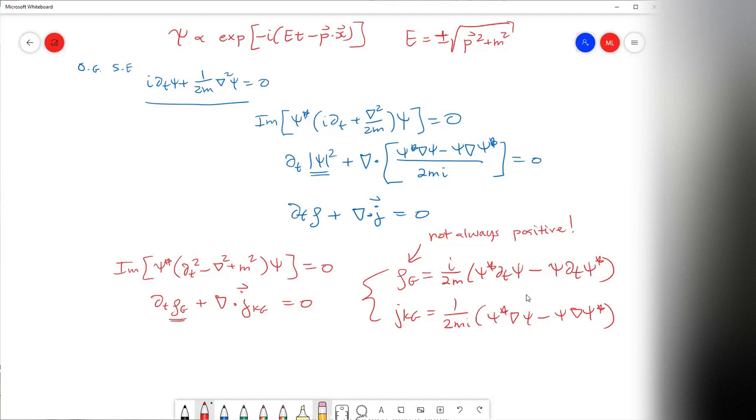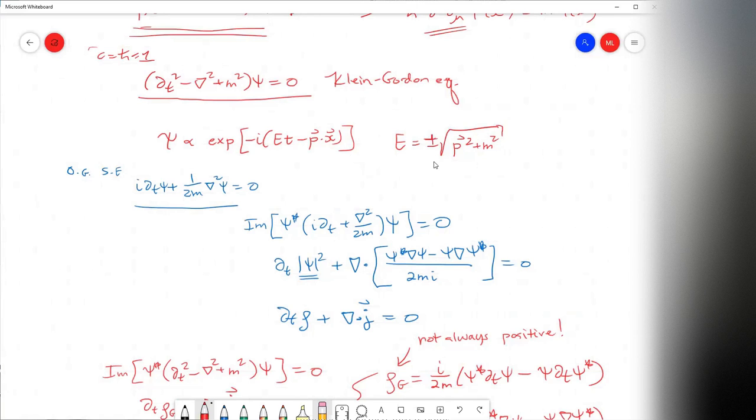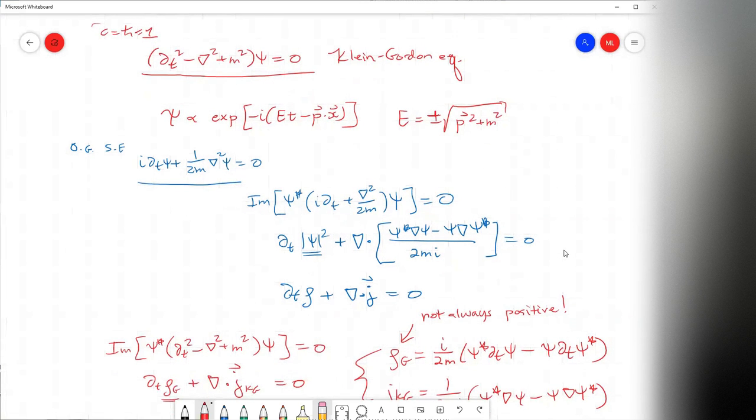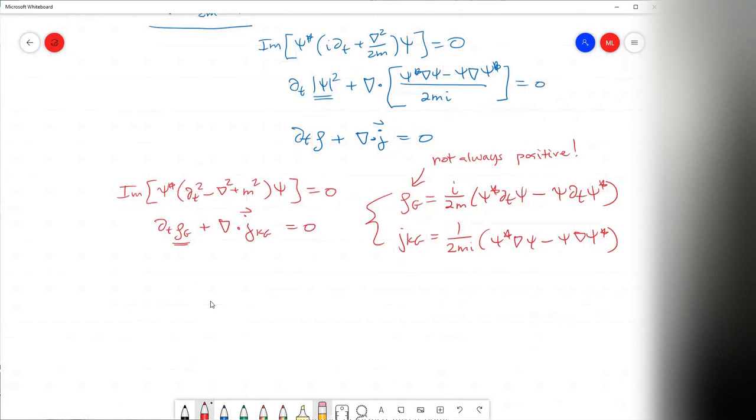So what happened then is that people spent a very long time trying to figure out if you can solve these issues with this Klein-Gordon equation by trying to take its square root, because then you might be able to pick out one of these branches individually for the energy and look at just a positive energy solution. And that would be very convenient because if you somehow do manage to take the square root of this equation, you might be able to get a first order equation in the time variable. So the idea was